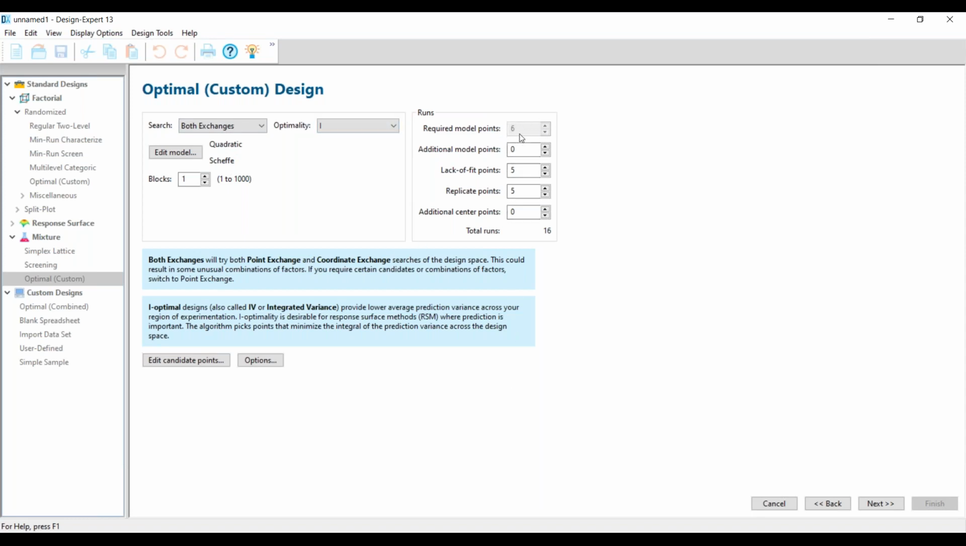I need to do at least 6 runs, and then I'm going to add 5 lack of fit points and 5 replicates. So in other words, I'm going to do 5 of the blends twice. Doing replicates is critical because it gives you an idea of how much natural variability there is in